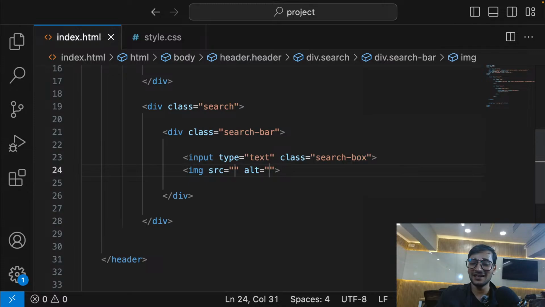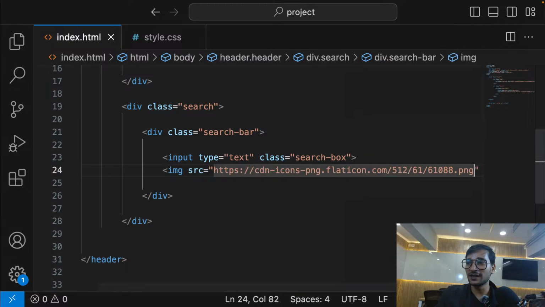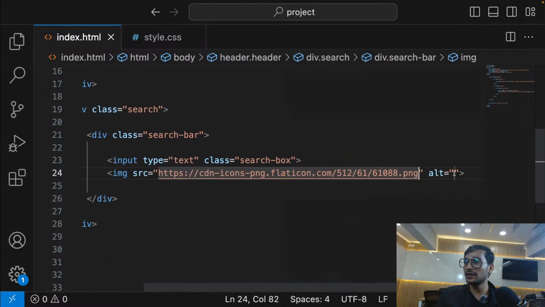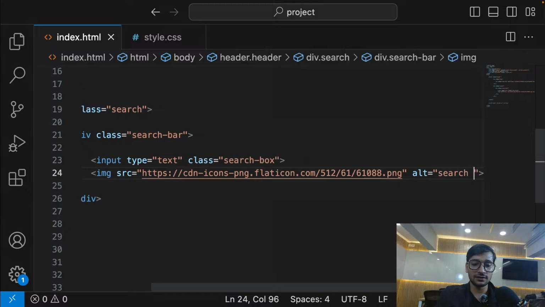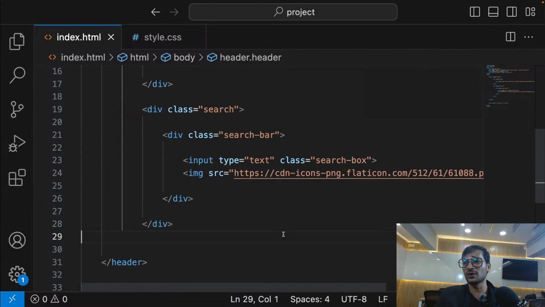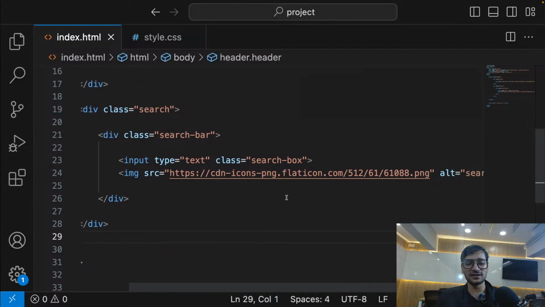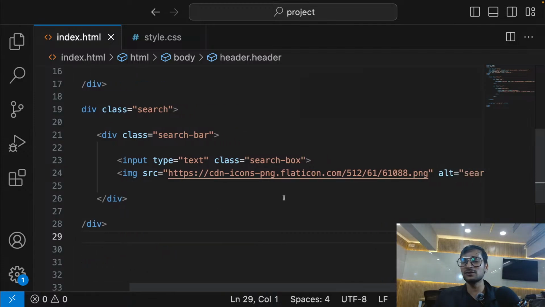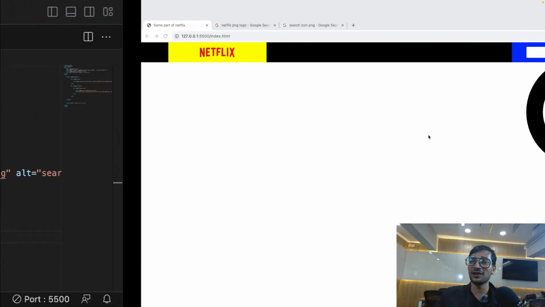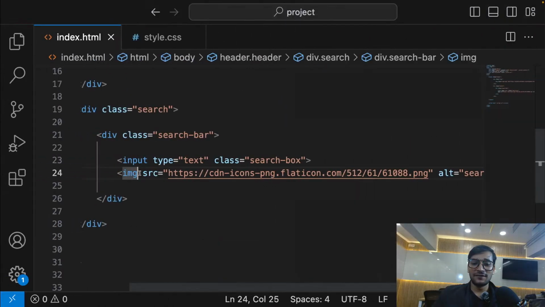So guys, img, src, and putting that image here. Okay, and in the alt, you can just write search icon. So guys, there are a lot of options. You can use an icon, a Font Awesome icon, an SVG icon. A lot of things are there, but saving time by using a simple PNG here. Okay, you can see that icon is here, but it's very big, right? So first of all, let's make it a little smaller. So let's give it a class of